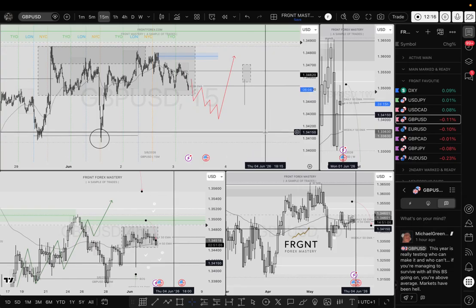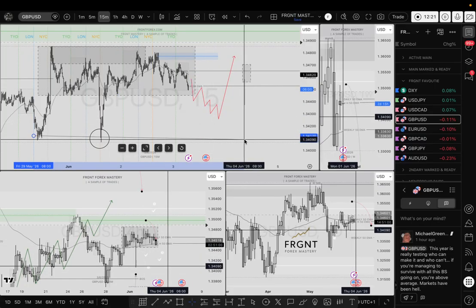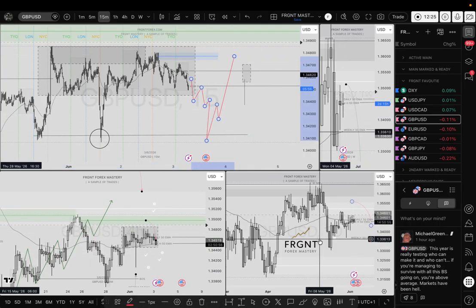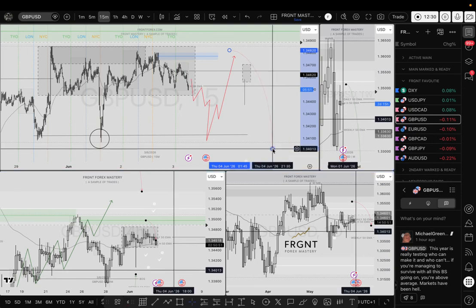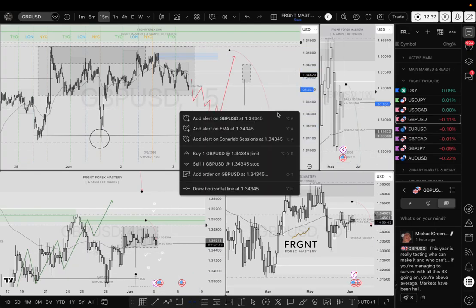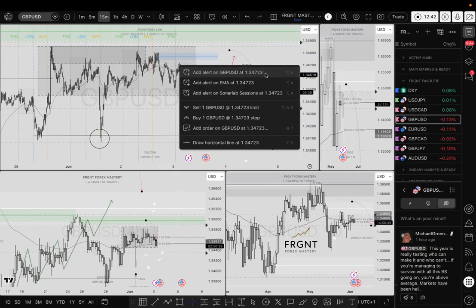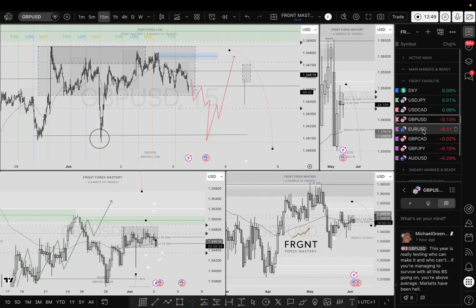However, what I would be interested in is to see if we could get this lower time frame break of structure, even better if we could start to break this structure low, then price pulls back, then absolutely I'll be looking to take a nice looking short position based on a beautiful looking setup first and foremost, and then we'll be seeking the entry criteria once price returns to those highs. So that's a good thought process there. Let me put some alerts down at the lows waiting for a break of structure, and let's put an alert for when price returns back up to those highs where there is a nice 15-minute order block already available, unmitigated. So that's GU for the time being.